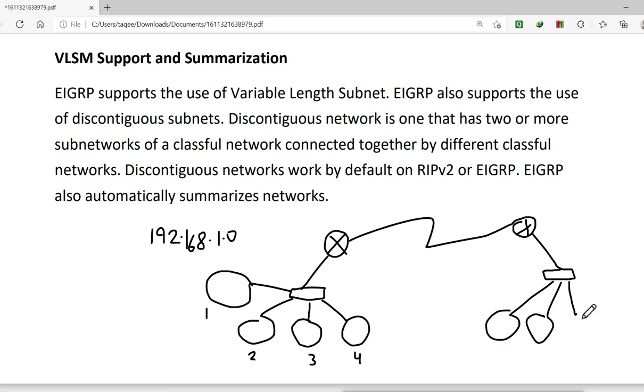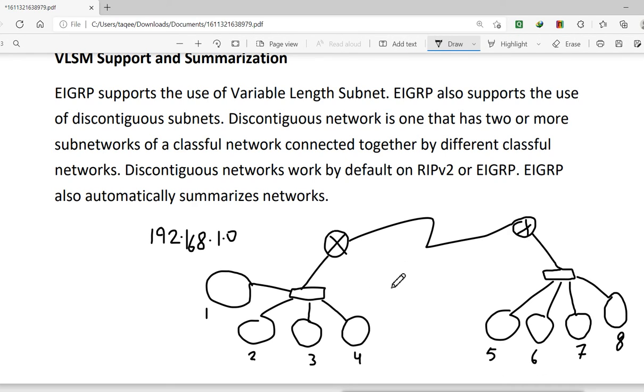Now what happens when we configure the routing between these two sites and these two routers? The rest of the 4 subnets are here. So when we configure the routing, what happens? This is router 1 and there is a router 2 here.